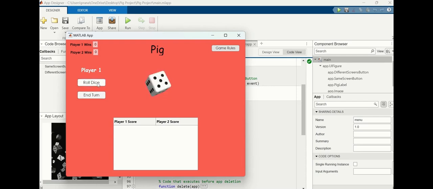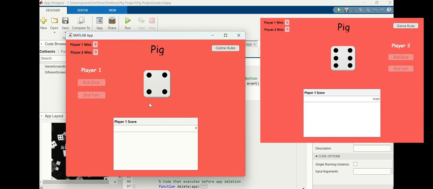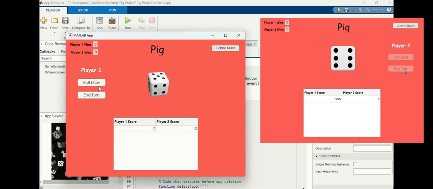When I roll the die, I get 5, and I can roll the die again, a 9. Here I can choose to end the turn. When I end the turn, it sends the data over to player 2, where player 2 can now roll the die. Once they're content with the amount of score they get, they can send the data back, and we'd get it back to player 1 with the actual information of how many points player 2 has scored. So I can roll the die,